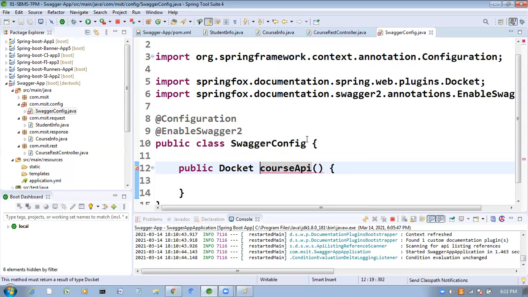Inside this method, let me complete the remaining part also.